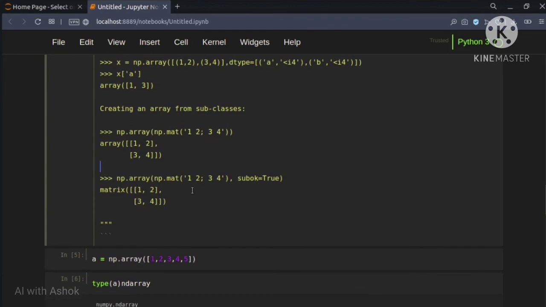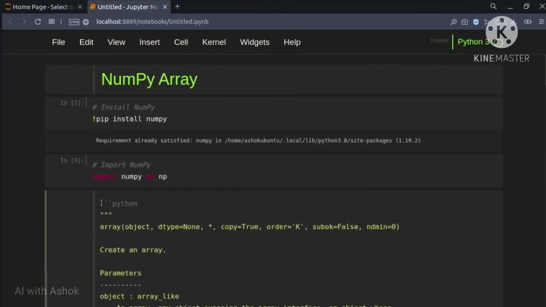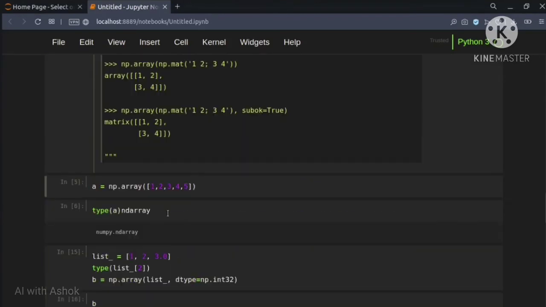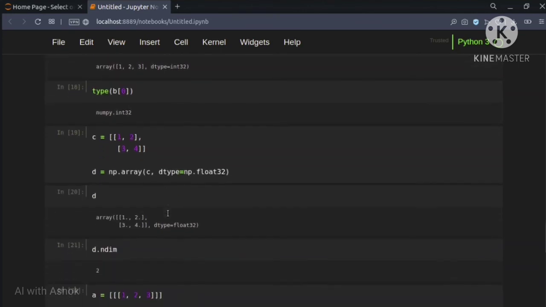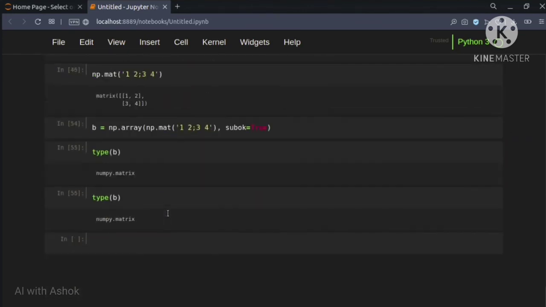So that's for today's video. See, all these examples are given in the NumPy documentation. I have collected them from the NumPy documentation itself. If you want to know more, please read the documentation of NumPy array, and I will also provide you the entire content present in the documentation for this NumPy tutorial. You will get much in this NumPy tutorial.